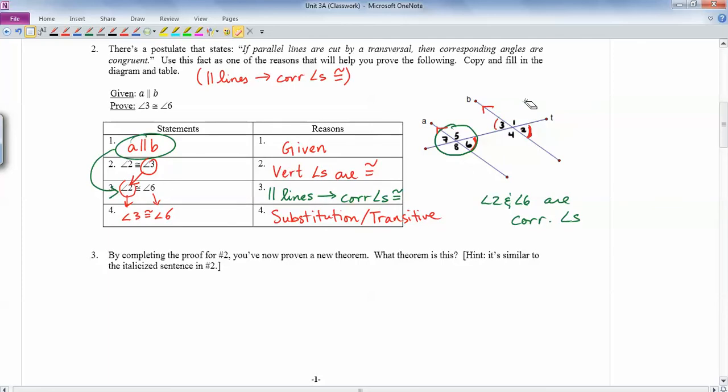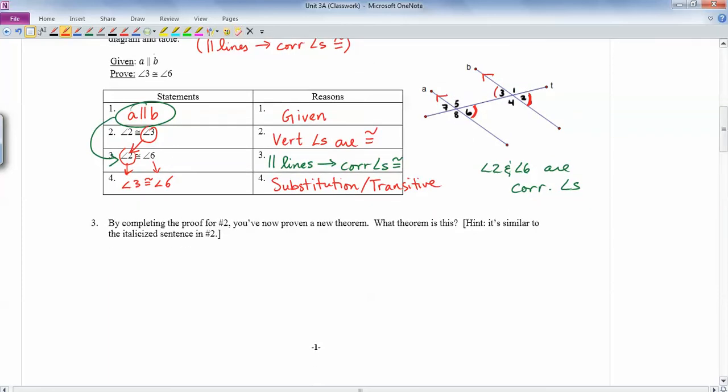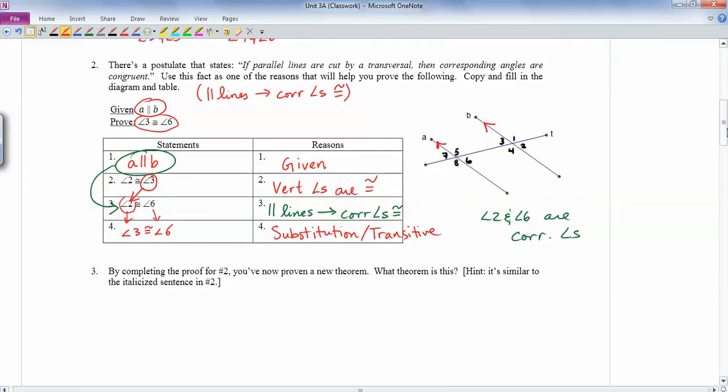All right, so let's see what we just proved in number 3 here. Number 2 says we started out with parallel lines, and then we got that 3 and 6 were congruent. So let me erase everything here and just mark the given and the proof. The given is we started with parallel lines. So that means it's going to start, and the hint is it's similar to the italicized sentence up here. So if parallel lines are cut by a transversal,